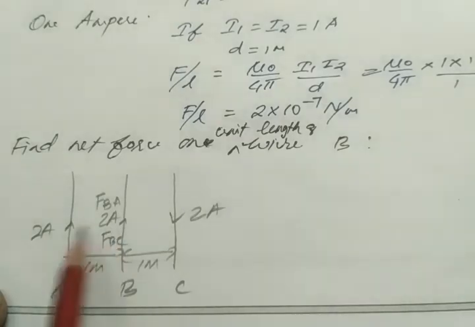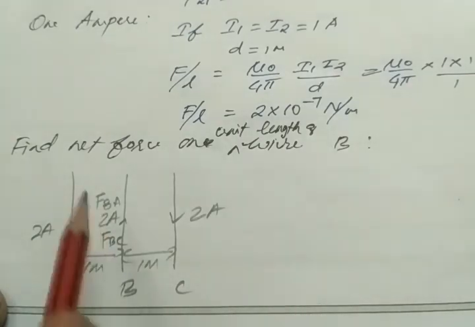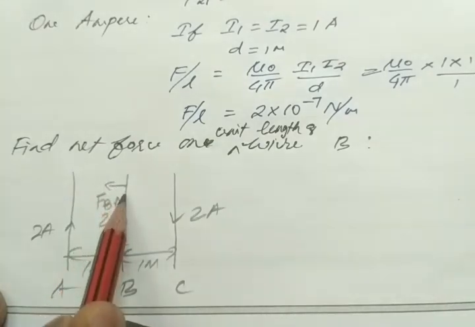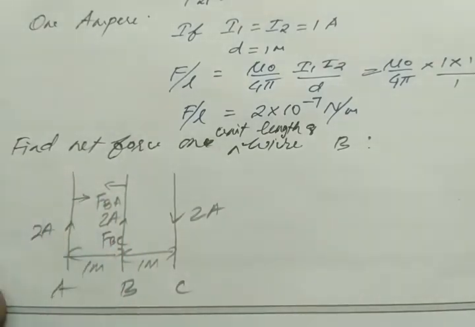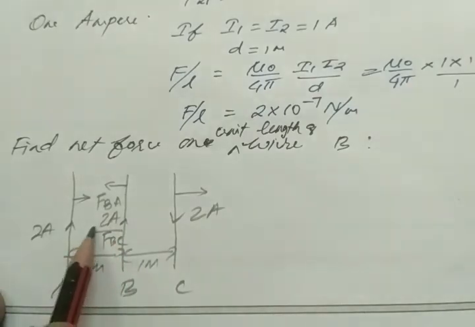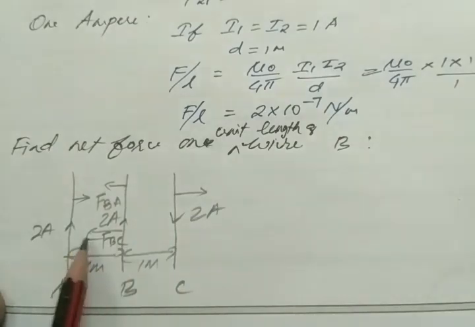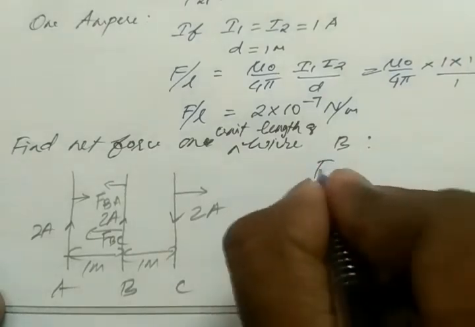Here the current is flowing in the same direction. If you take these 2 parallel wires with current flowing in the same direction, then by using the right hand palm rule, these 2 wires will attract. So wire B moves towards A, and A moves towards B. If you take 2 wires with current flowing in the anti-parallel direction, then these 2 will repel. So C moves away from B, and B also moves away from C. So FBA is along the negative x-axis, and FBC is along the negative x-axis. Clear? So solve this.